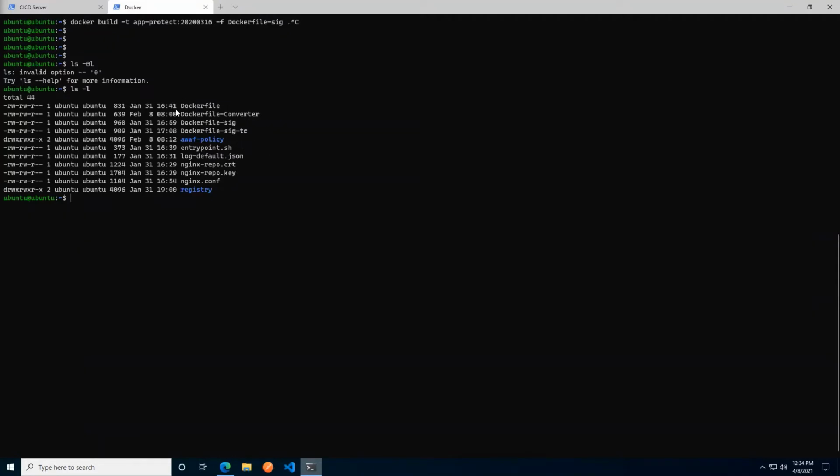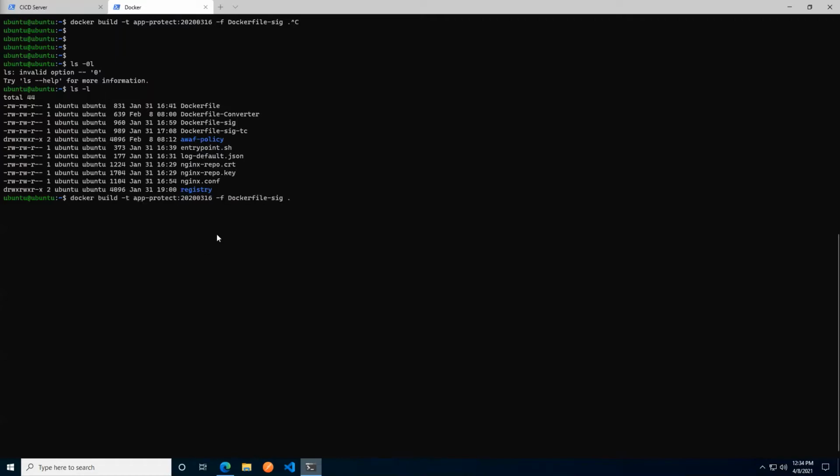The command we ran first, we didn't specify a -f. We're going to do that now. When we didn't specify a -f, it went in the current directory, which we indicated by the dot there, and looked for a file named exactly Docker file with exactly a capital D. It found this file and used that as its Docker file.